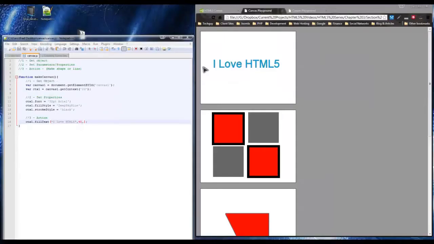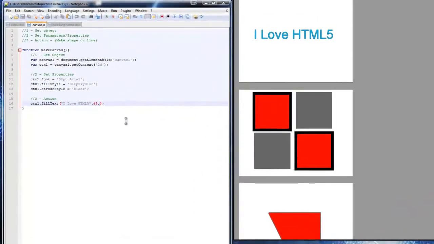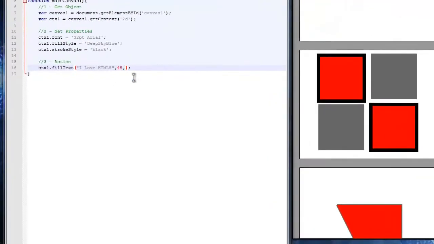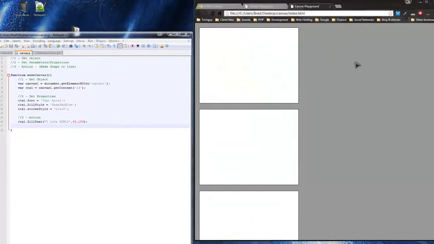So 45 is from here to here. Now the next parameter is the Y parameter, and we're going to do from here to here, which is going to be 150. So that's the fillText function. The next thing we want to do, actually we can save this now and go look at it in our new site,